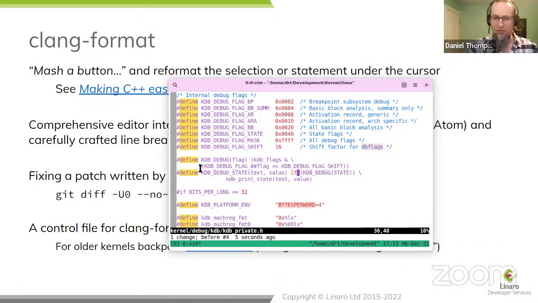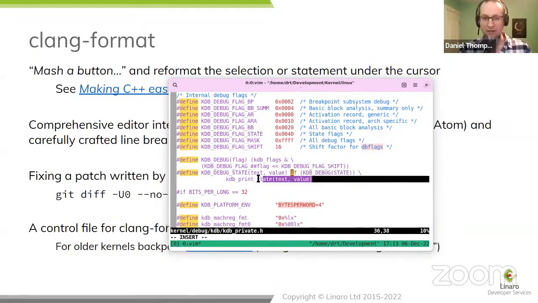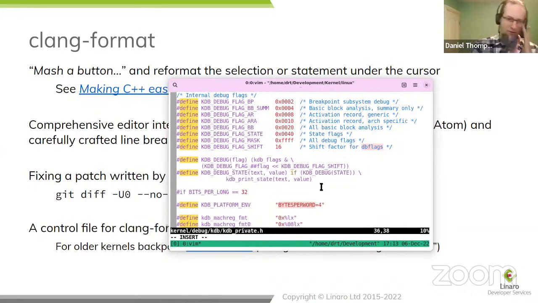But where I really want to show value could come through is have a look at this macro for a moment. So this macro has two bugs. The first one is the dangling else problem. So if you were to drop this into certain pieces of existing code, it would not act like a function. It would interfere with else operations, which would bind to it instead of to the upper level.